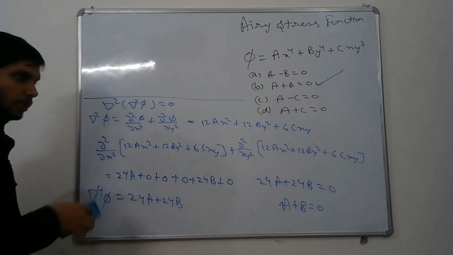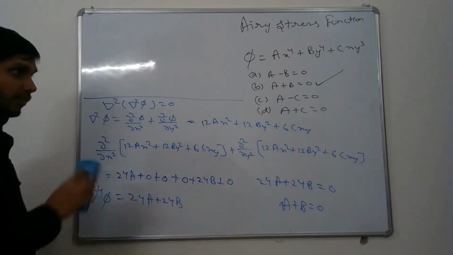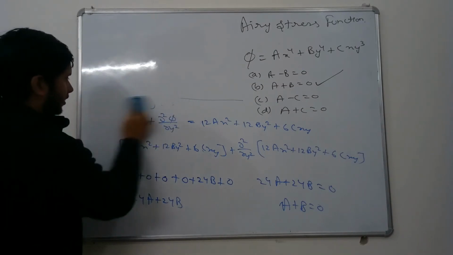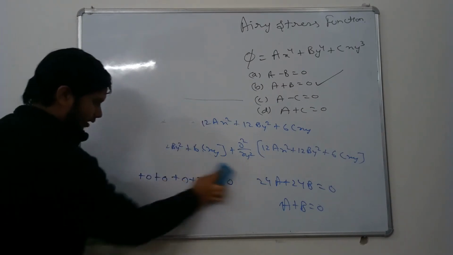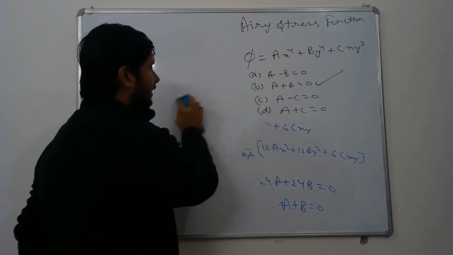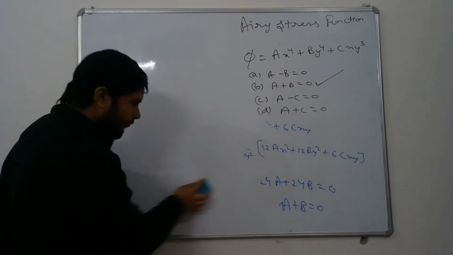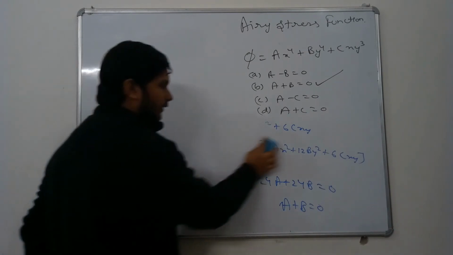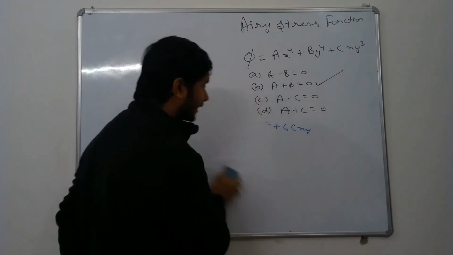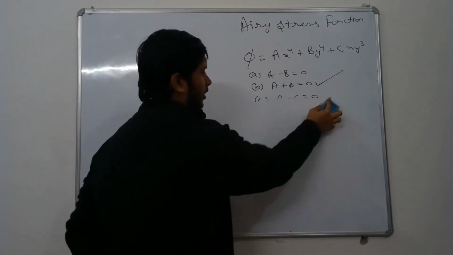You can pause the video and you can see the concepts again. You can rewind it. Okay. So the next question we are going to see is of GATE 2016. There they have asked a coefficient. One more thing. When they ask a coefficient, mostly the chances will be that it will be a numerical answer type question. Okay.